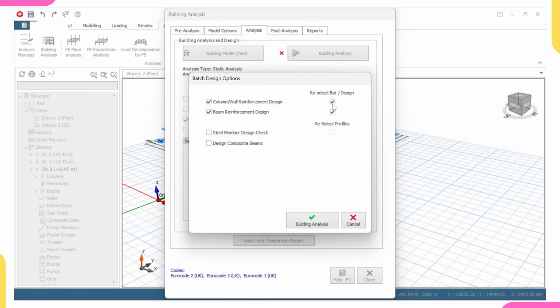Also, if you have done your building analysis before, and I have done interactive design, don't worry, I'll show you what interactive design is. If you have done interactive design and some members fail, and you want to redesign again, don't click on this, because if you click on this, all your efforts after the interactive design will be in vain because it will scatter all of them. So as I'm having steel member, I'll click on steel member design check, but I don't